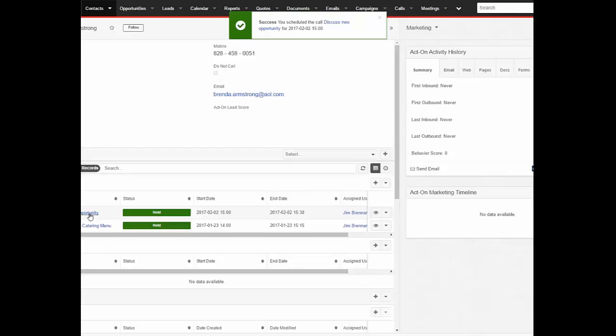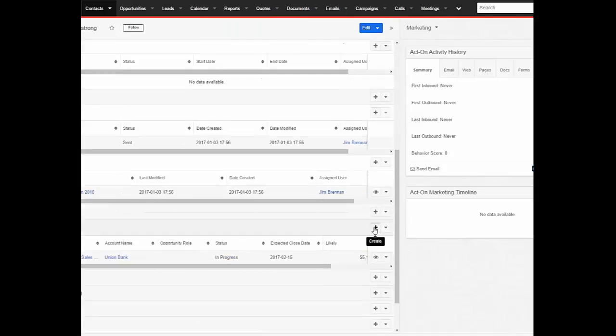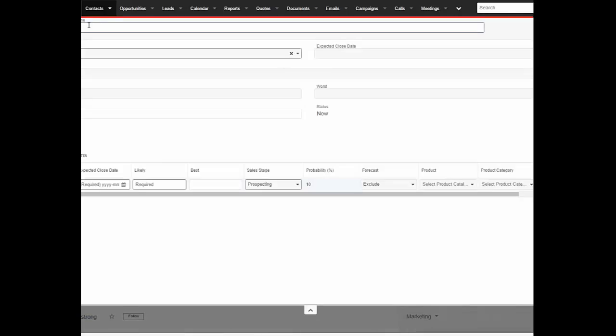It's related to a new opportunity. So I immediately say, hey, man, I'm a great salesperson. I'm going to create this new opportunity. So it's Union Bank, and it's going to be 10 new widgets. So I'm creating an opportunity based on that phone call. It's associated with Union Bank. I want to put in my best and likelies and worst, but my goodness, look at this. It says it won't let me put anything in here.